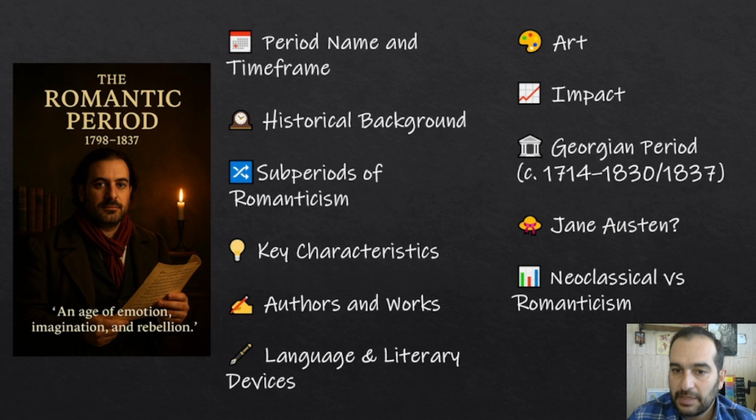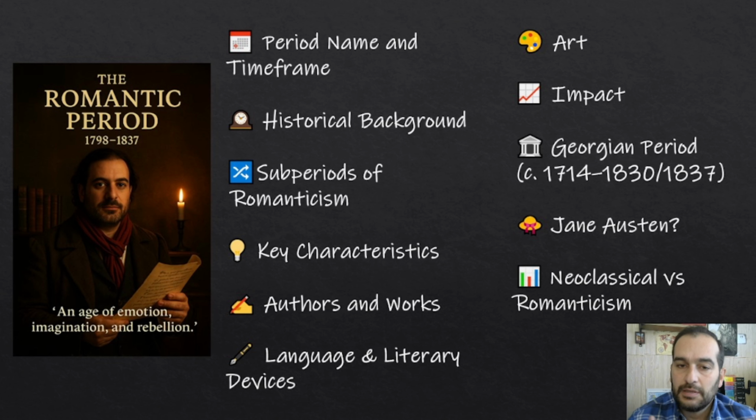I'll mention some of the main events that happened during the Romantic period. We'll talk about the subperiods of Romanticism. We'll see the key characteristics of this period, the key authors and their literary works, the language and literary devices used in this period, and we'll have a quick view of art during the Romantic period. And I'll talk about its impact and importance as a literary period in English literature,